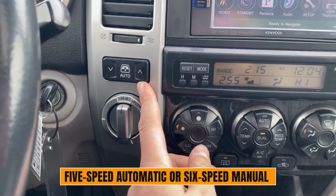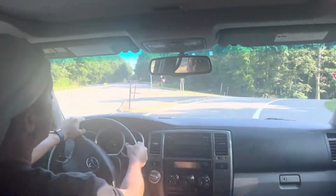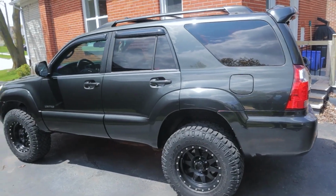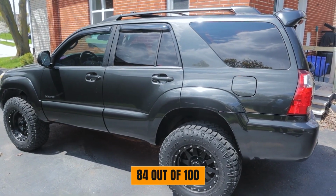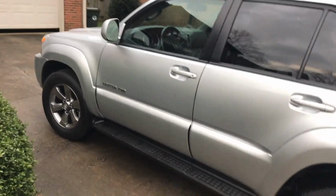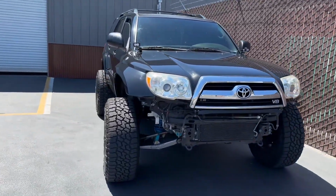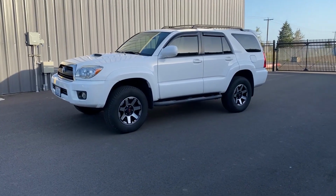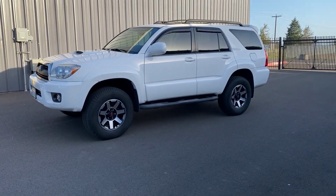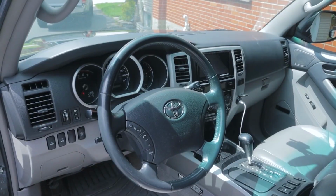Paired with either a 5-speed automatic or 6-speed manual transmission, both known for exceptional longevity. The 4Runner's reliability rating sits at 84 out of 100 according to various sources, with an annual repair cost averaging $514, well below the mid-size SUV average. Common issues include rust concerns on vehicles from snowbelt states and occasional dashboard cracking in hot climates, but mechanically, these